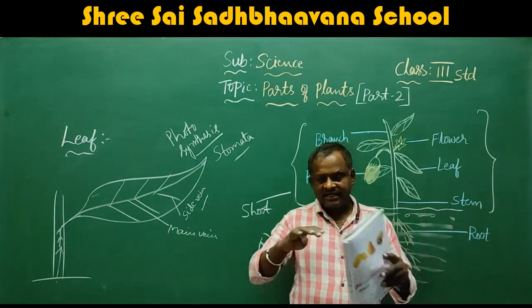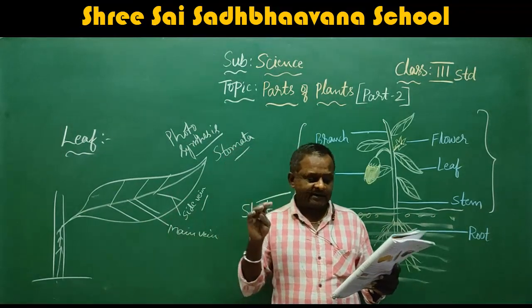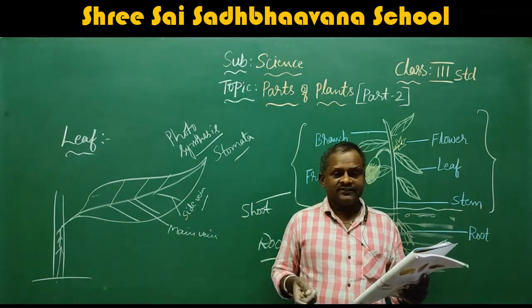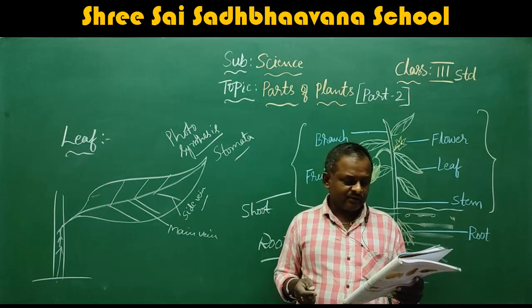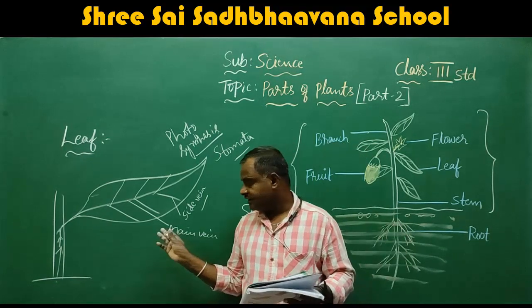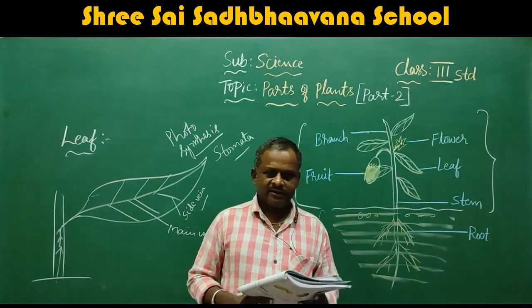A cabbage has food stored in its leaves. Have you seen the cabbage? It is leafy. When you open it, leaves come out. So the food is stored in the form of leaves. We eat the leaves of such plants. A plant needs to breathe. The leaves help it to breathe through its stomata. I already explained that the stomata also do the function of breathing.